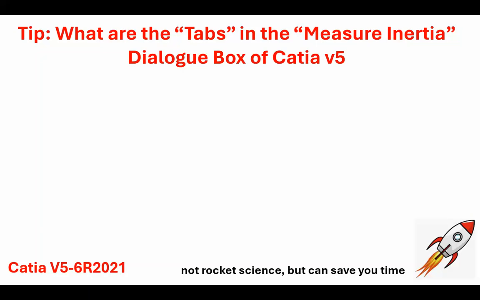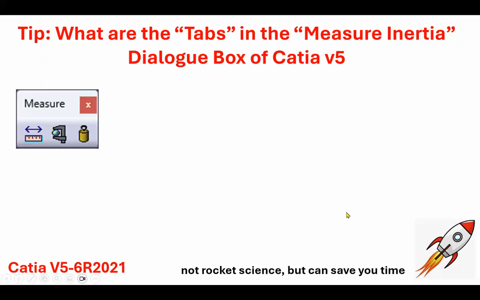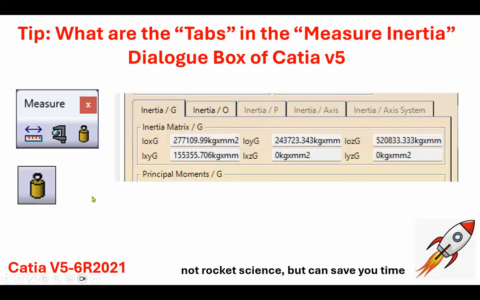Good day, folks. In this presentation, I would like to discuss a few tabs that appear in the Measure Inertia dialog box of the Catia V5 program. Let me remind you that Measure Inertia appears in this dialog box, which is Measure, and it looks like a weight here, as you can see. And when you click on that,